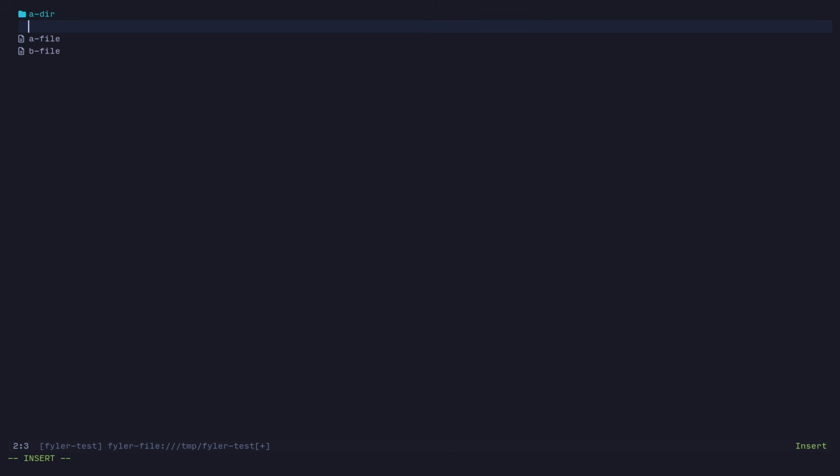So let's go to the new line and press tab to add an indentation to create a file inside a directory, inside that directory, which is a file, I guess. So if I press enter, you can see this file is inside the ADIR directory, and I can just simply move a file to this directory like this,